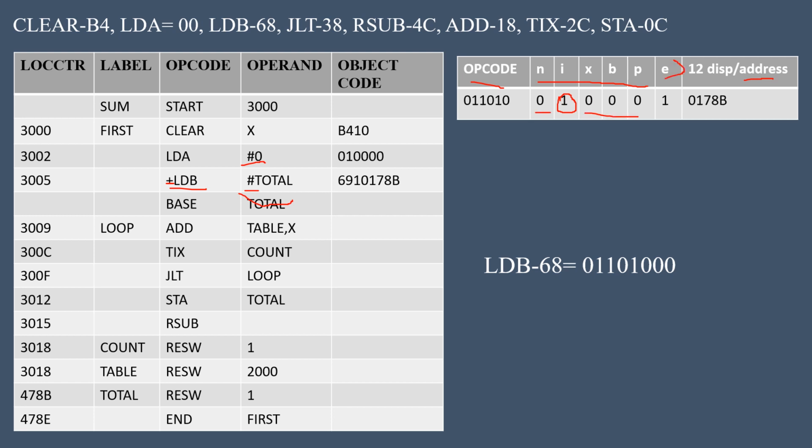And as it is a type 4 instruction, the value of E is 1, and the address for the given operand TOTAL is 478B. So 478B is our address in the instruction format. So we got this opcode value with the LDB value, and the LDB value is given in the question, that is 68. So the 8-bit format for 68 is